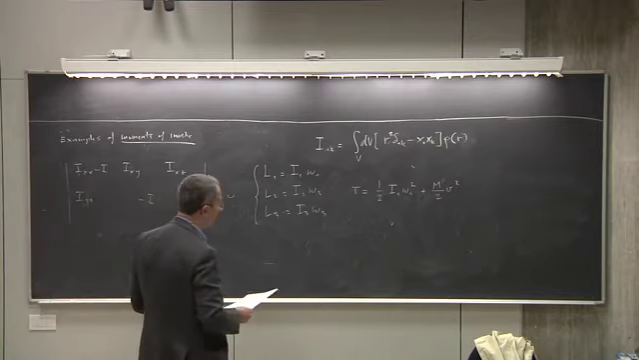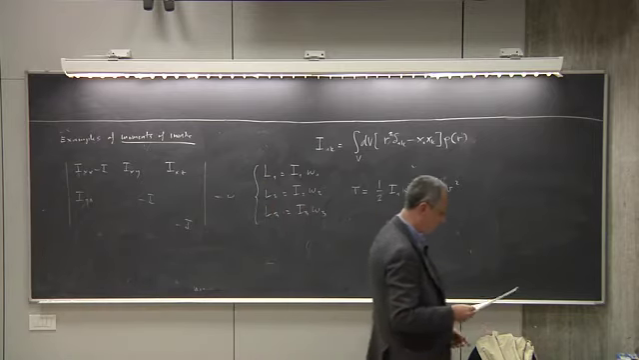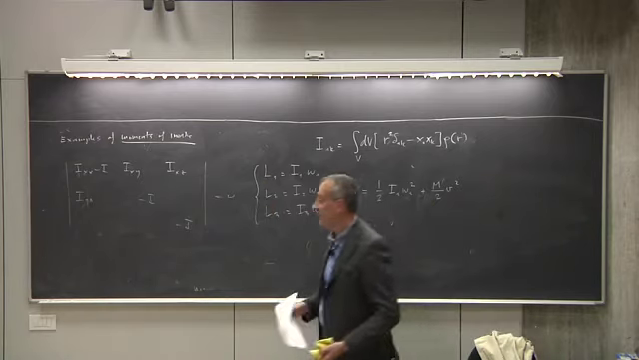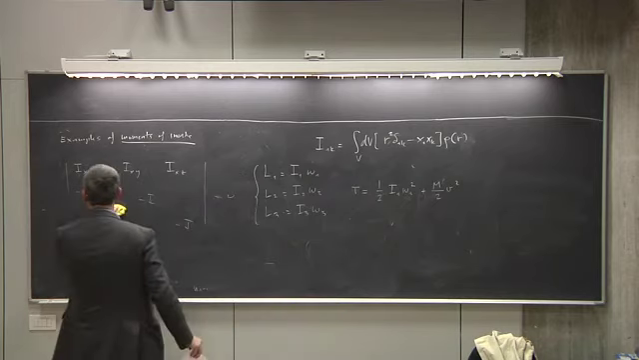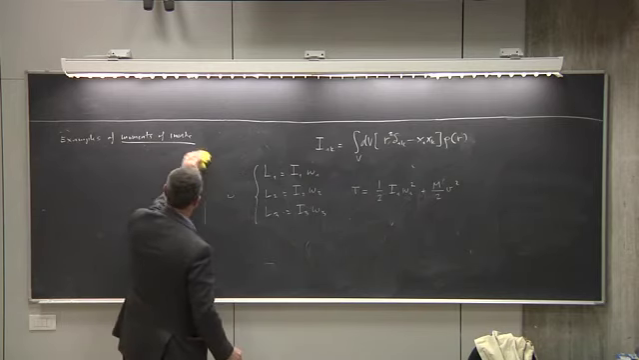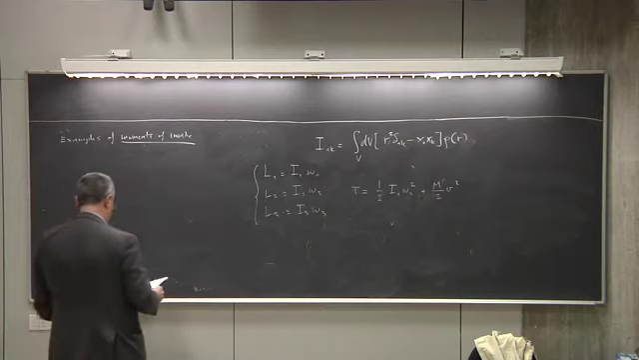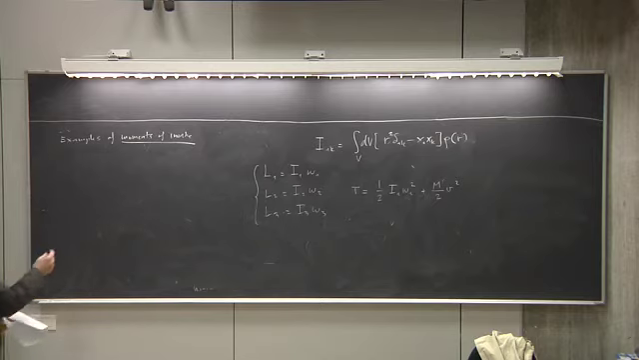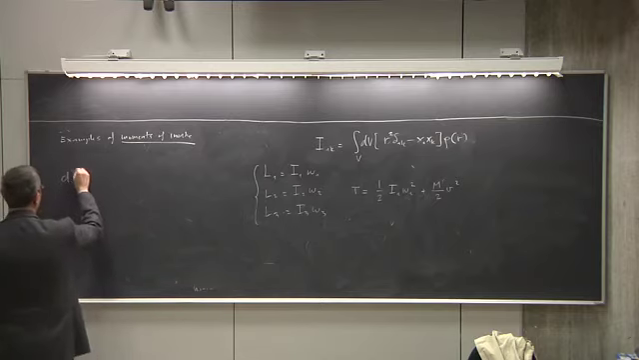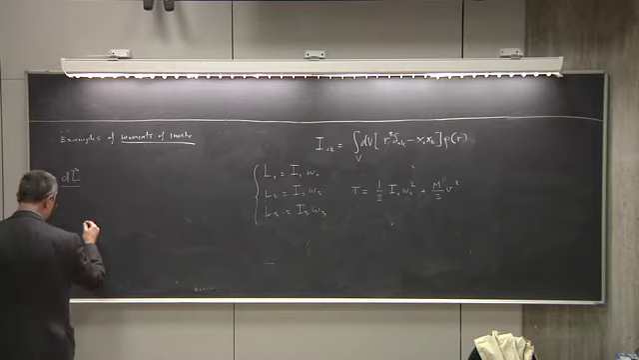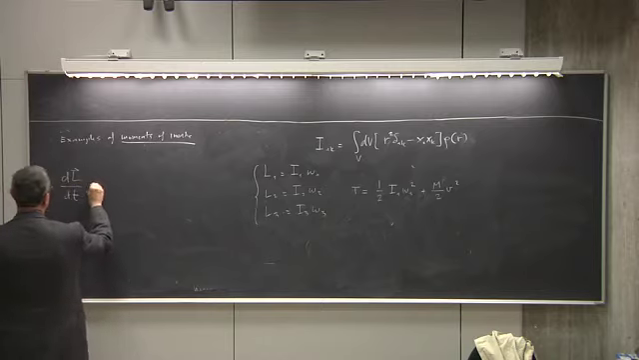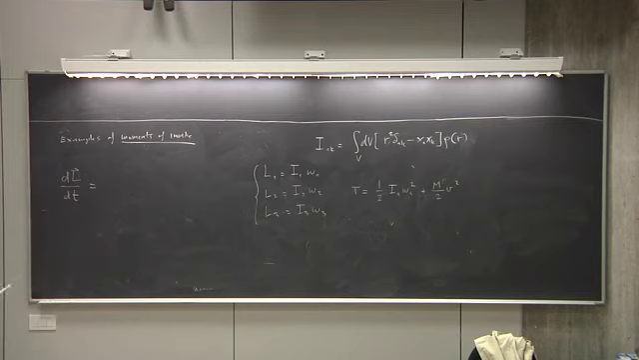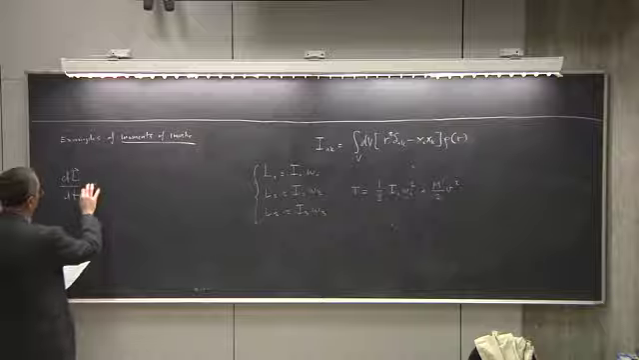Having said this, now I can write the equivalent of Newton's law for a rigid body. It is something that tells you how the angular momentum changes in time. So you need to know what is the change of the angular momentum with time, right? And